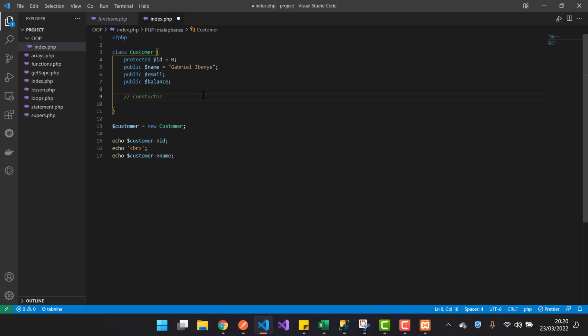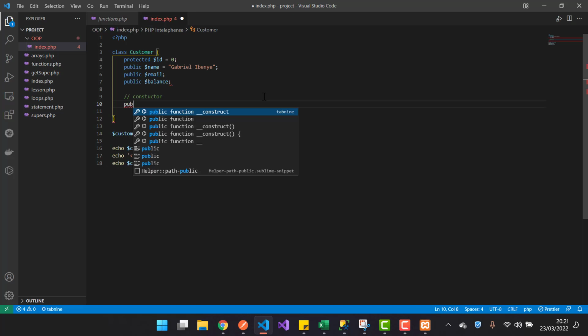A constructor is a function that is run every time a class is instantiated, meaning as soon as this is run, the constructor will run. So how you declare a constructor in PHP, you have it as public